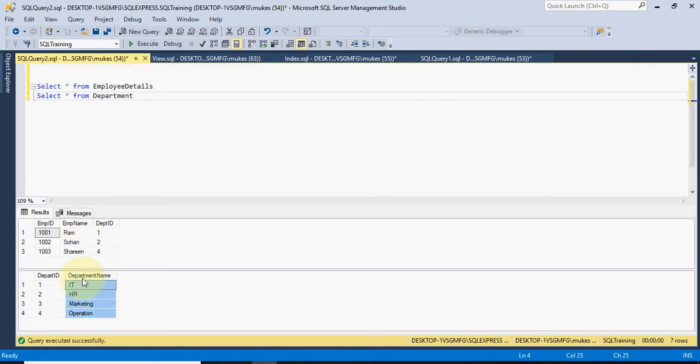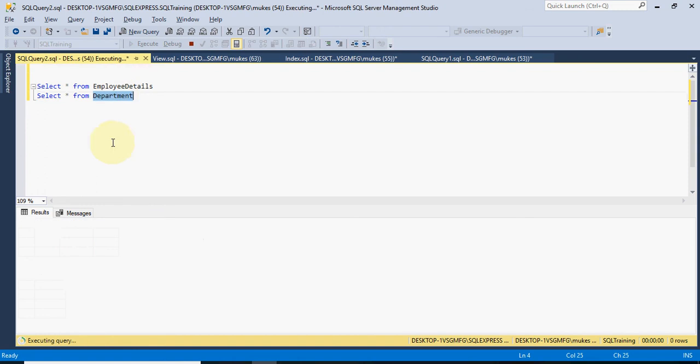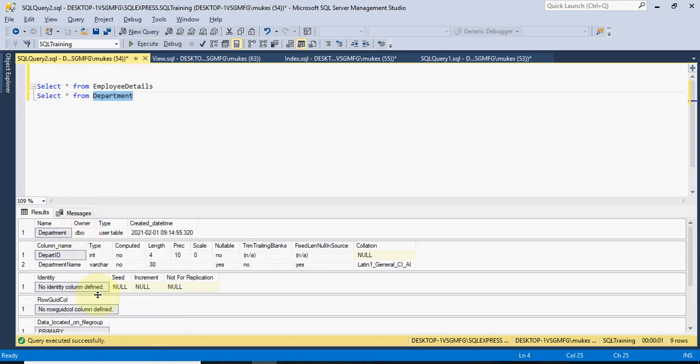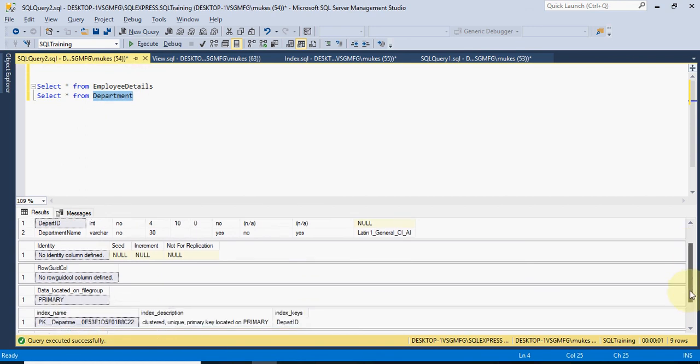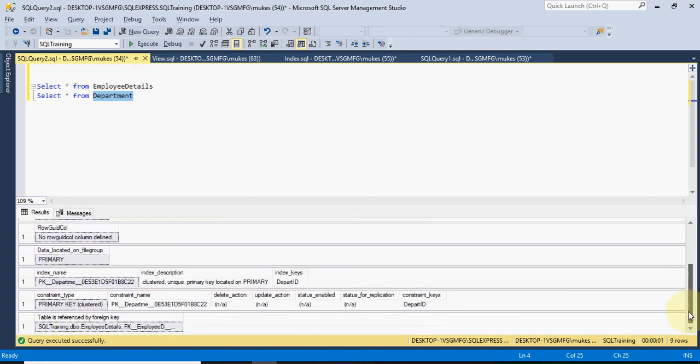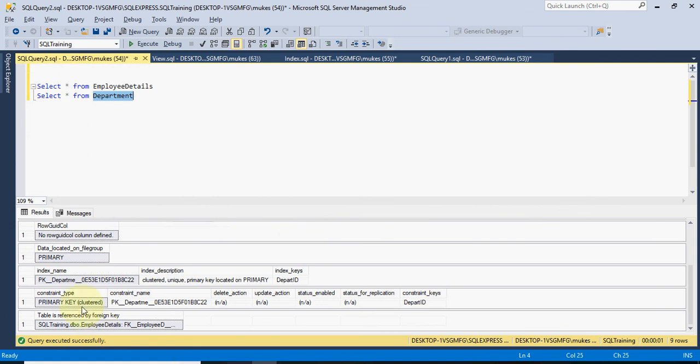we have the department name and department ID, right? So for any table, you know how I can see the properties of the table? The shortcut is Alt F1. So you can see the primary column is there.